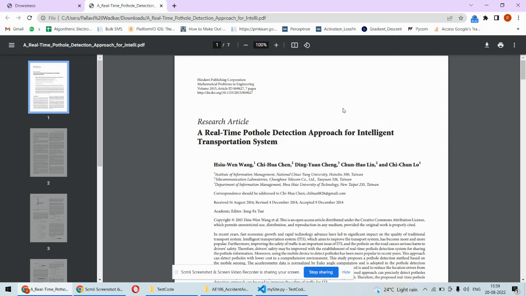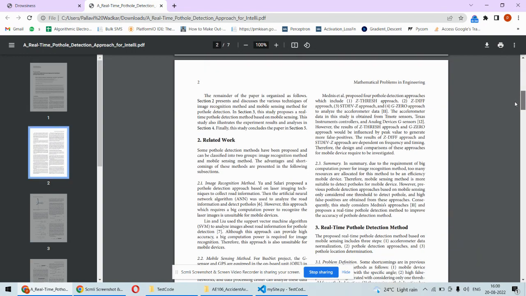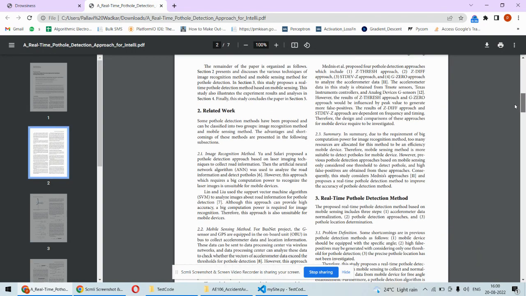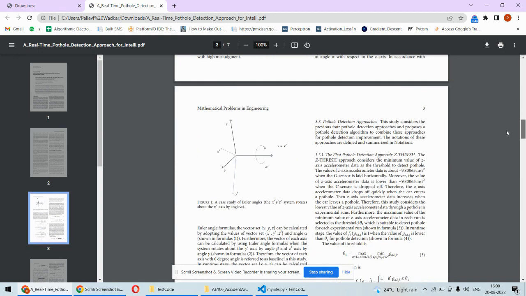So as far as this paper is concerned, this is the paper which supports the idea. This is particularly focusing on the pothole detection system or the real-time pothole detection for safe driving. And basically we will be having a camera in the system, or right now we are going to simulate using a pre-recorded video or by using some YouTube video for the pothole detection.